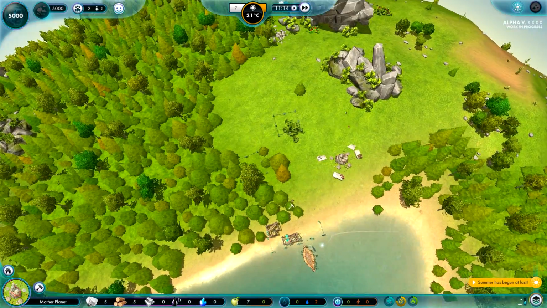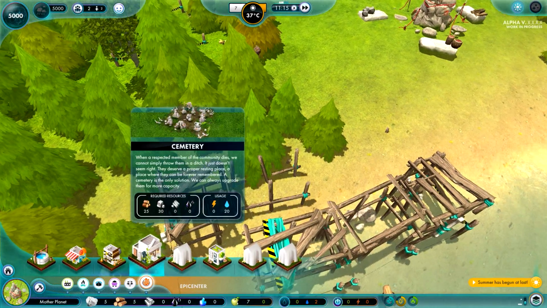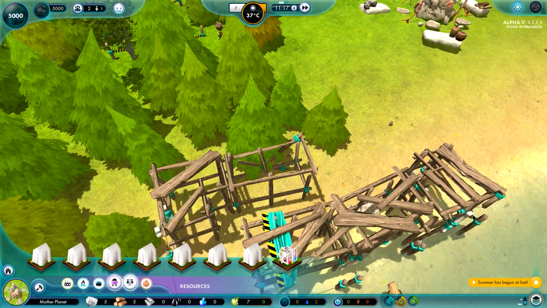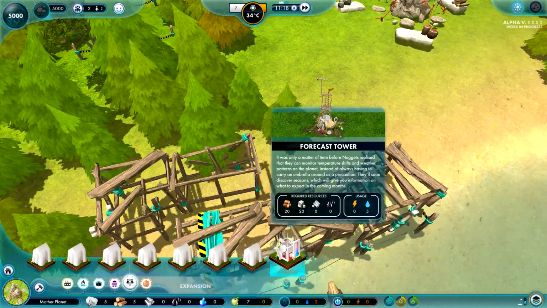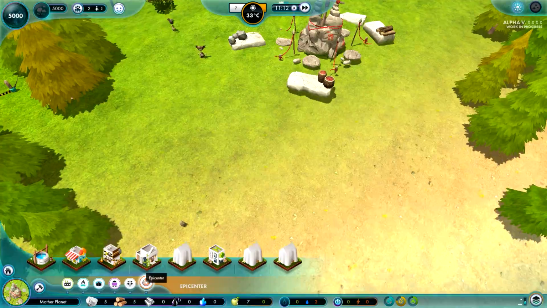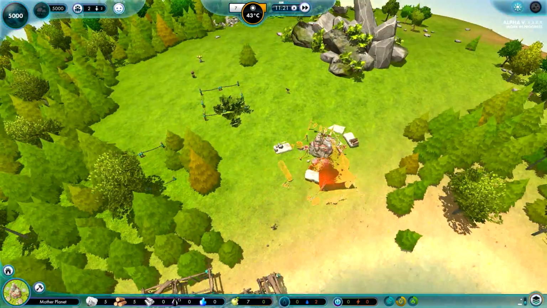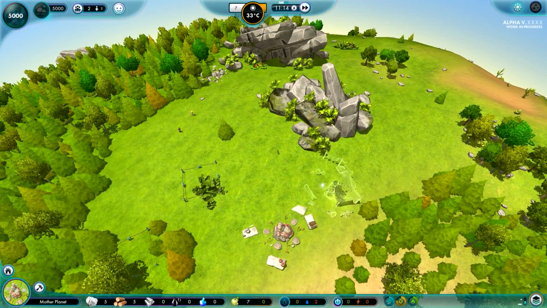Summer has begun at last. Beautiful. I'm glad that summer has begun. Let's see, what else do we have? I know we have our weather tower, right? Where's that at? There's our forecast tower. We could build that up, but I don't know if that's super essential right now. I think we should just go with our fishing hut and try and get the basics up after we have some food sources going. Let's put this...